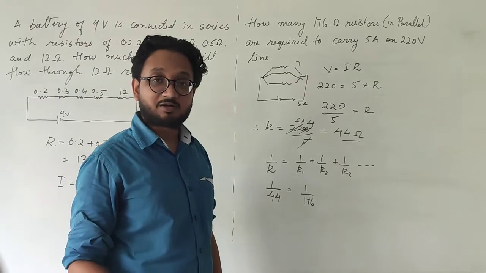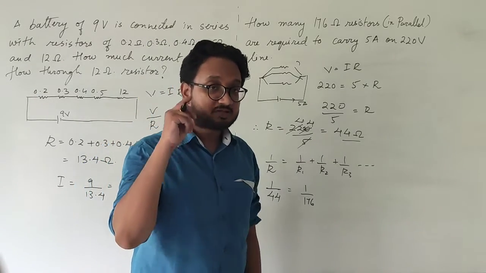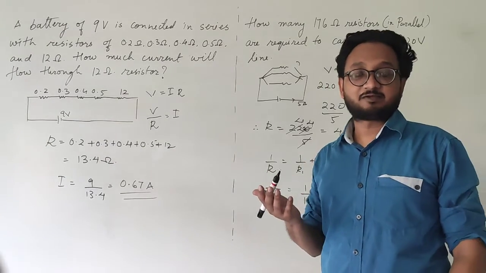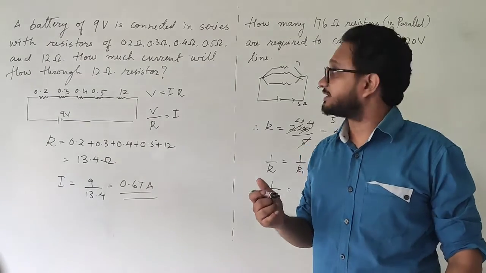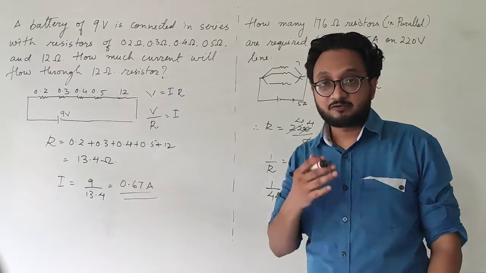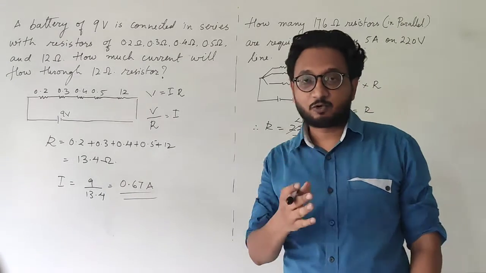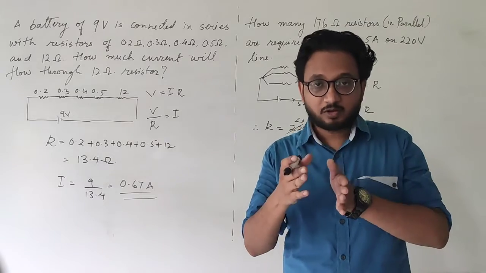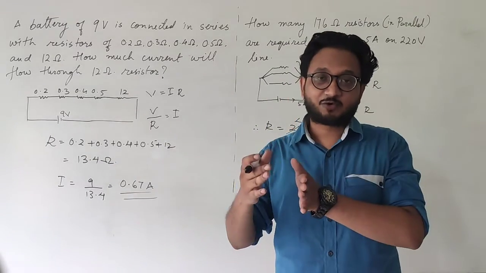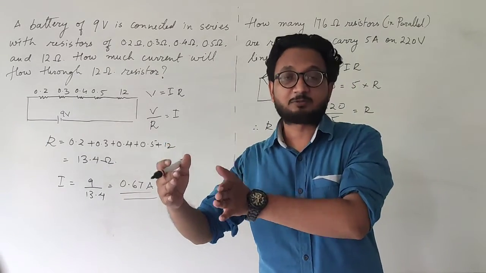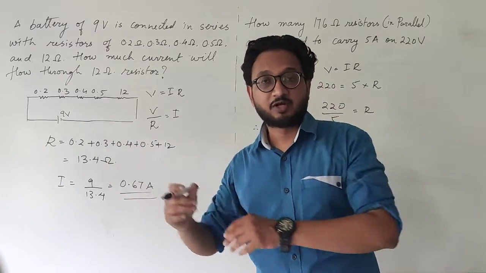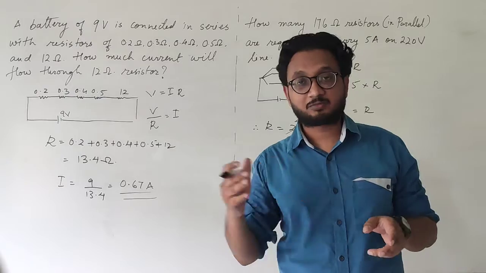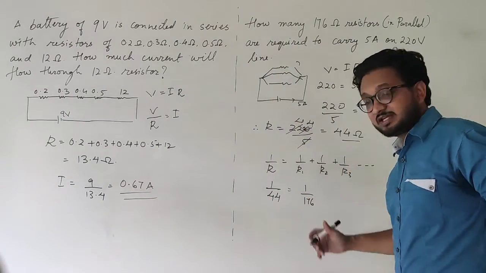So if you remember a simple mathematical table that we do, that is 1 2s are 2, 2 3s are 6, 4 5s are 20. What is that? It is simple addition 5 times. When I am saying that 4 multiplied by 5 equals 20, it means I am adding 4 five times. So 4 plus 4 is 8, 8 plus 4 is 12, 12 plus 4 is 16, and 16 plus 4 is 20. So I am adding 4 five times, so I am simply multiplying 4 by 5. So the same thing is happening over here.